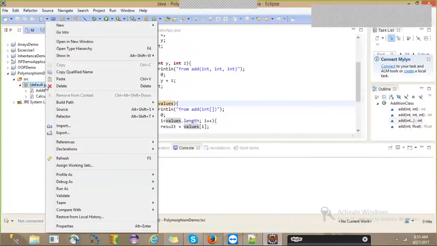We need inheritance. Inheritance is compulsory. Without inheritance, method overriding is not possible. That is the point you need to remember. So let us take our inheritance example that we discussed in our previous class. In that example, what is the class hierarchy that we have?